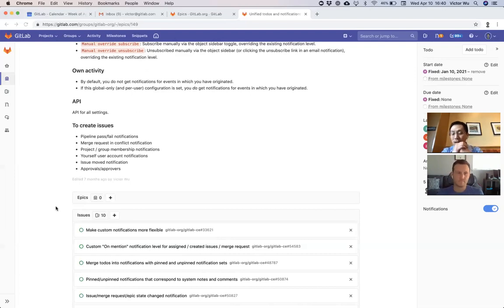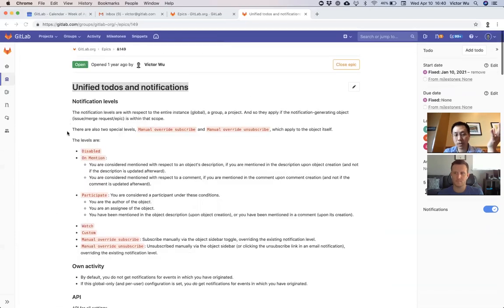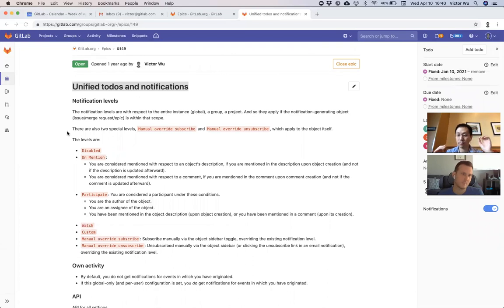So that's my suspicion why we have very little feedback. There's zero feedback from customers. I've never had a customer complain about to-dos and notifications. It's always a GitLabber saying, I do this a certain way and I want this. And so we sort of defended and said, oh, we'll add more of this and more of this. So the way I think about to-dos and notifications, it's a mess because